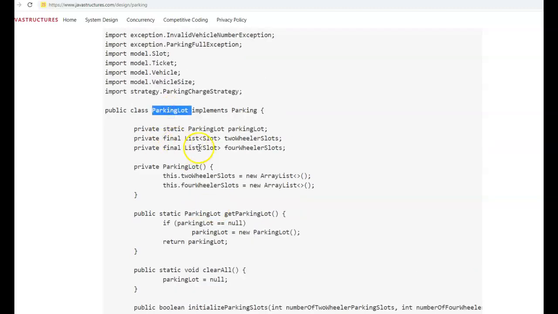Also, the parking lot class has two class members of type list slot, named two-wheeler slots and four-wheeler slots. As the names suggest, the two-wheeler slots will hold the parking space for two-wheelers, whereas the four-wheeler slots will hold the parking space for four-wheelers in the parking lot. Also, in the parking lot constructor, for both two-wheeler slots and four-wheeler slots, we create a new array